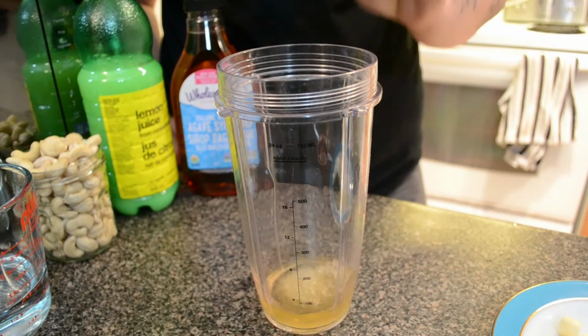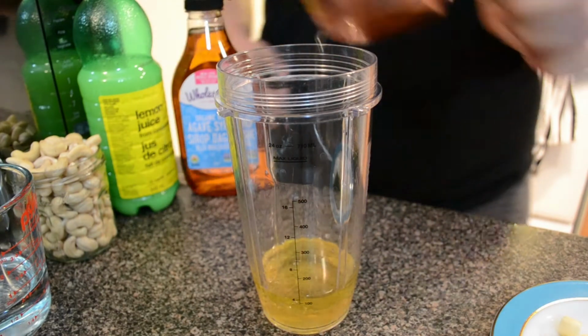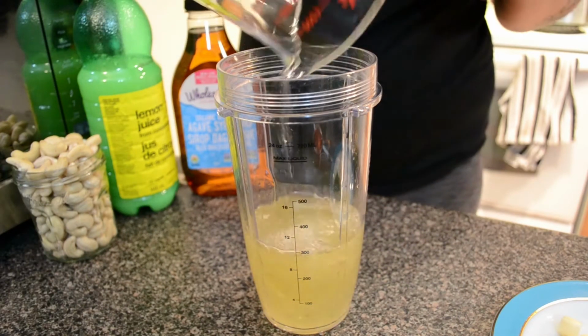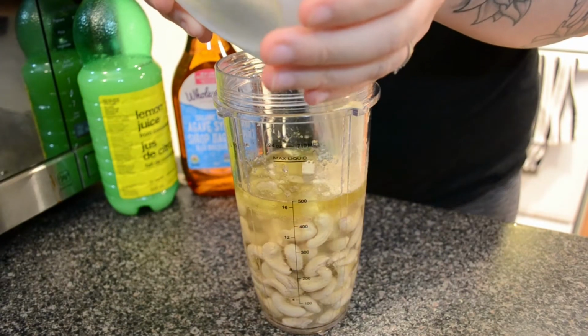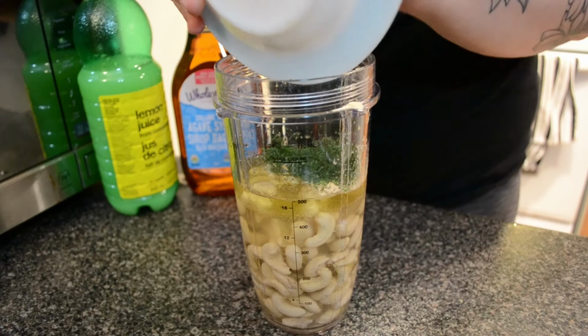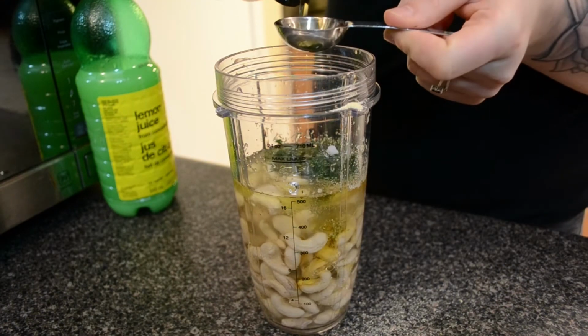Alright, so we have 1 1/4 cup of cashews. I soaked those overnight, although it doesn't say to. Got 3/4 cup of water, 3 tablespoons of lemon juice, 1/4 cup of apple cider vinegar, 1/3 of a cup of extra virgin olive oil, 3 tablespoons of agave nectar or honey,